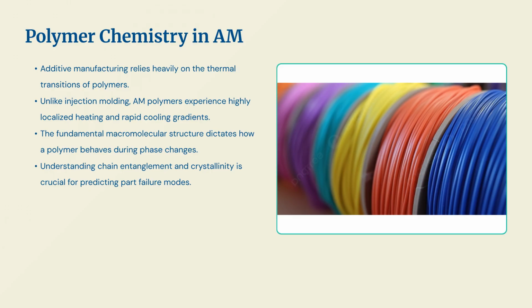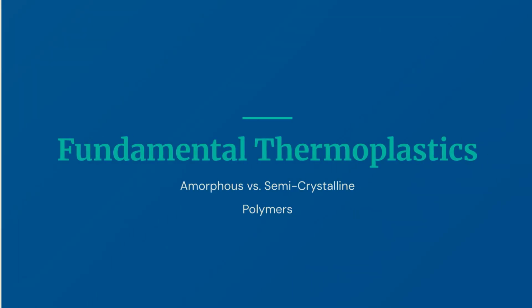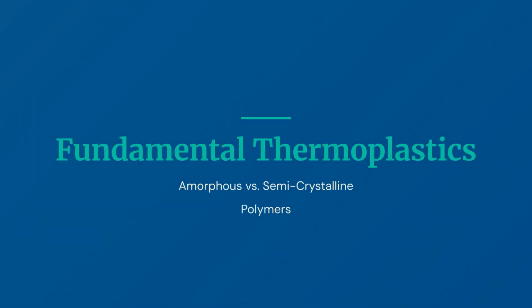Additive manufacturing depends heavily on polymer thermal transitions. Unlike injection molding, these processes involve localized heating and rapid cooling gradients, making macromolecular structure and chain entanglement vital for predicting potential failures. Next, we examine the fundamental differences between two main types of thermoplastics used in printing: amorphous and